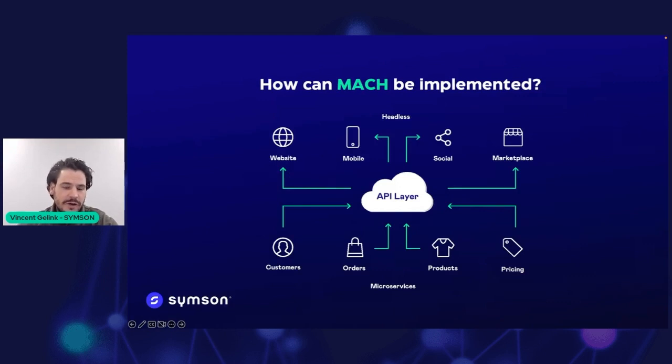So in the bottom line, you see different elements, which could be all types of applications, of course. On the left side, you see consumers, so you can have something like a customer relationship management system. You can have an order system in place. You can also have a system in place that does your product organization and uses all the snippets of content that you want to use in presenting your products. And of course, you can have a tool for pricing. All these different tools that you have in the organization communicate through an API layer with the presentation that you have on the front end, where you interact with your potential customers. So that is what these elements do.